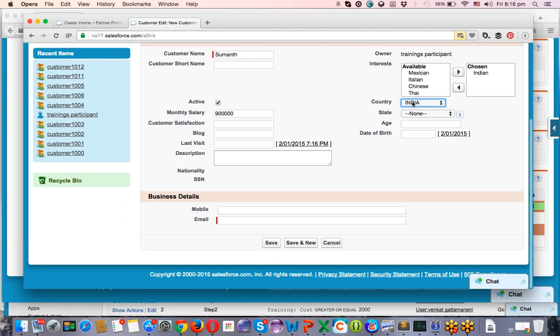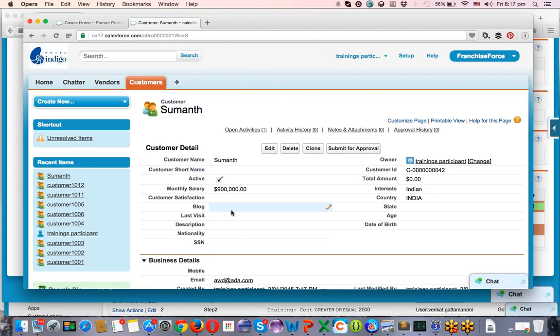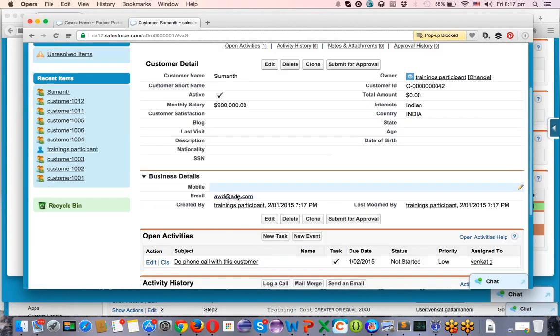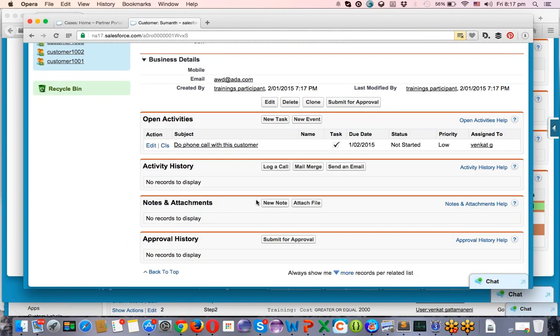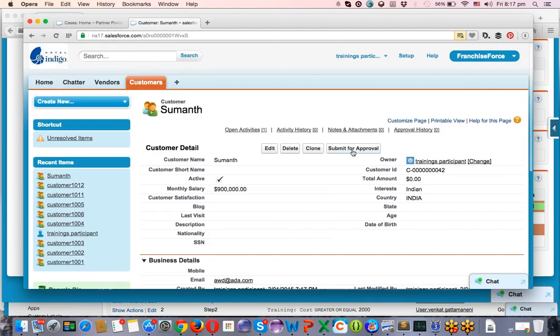Because I gave only, the approval process will go into this only if I'm giving it as some dummy email I'm giving it. It may throw some email exception error. You can see that in the email log if you're trying to send email to this guy. It shows some message obviously because the email is not available. You can see that in the error logs, email logs. Now you are clicking on the submit for approval button.